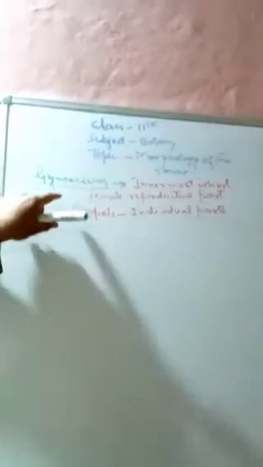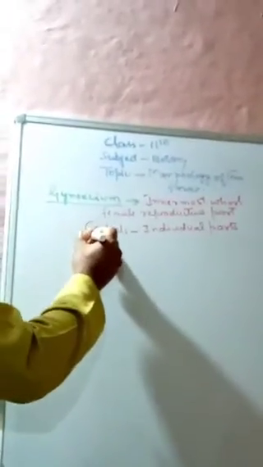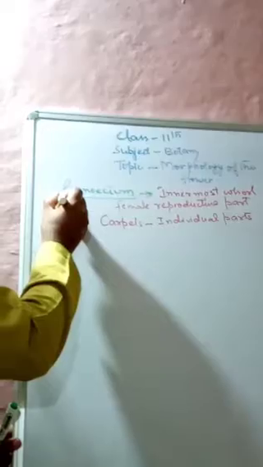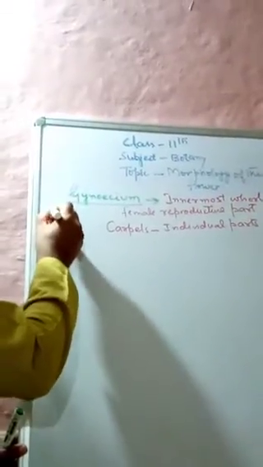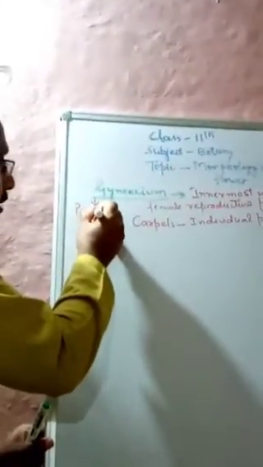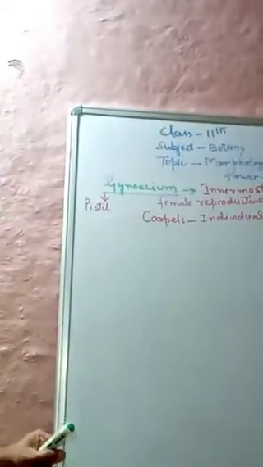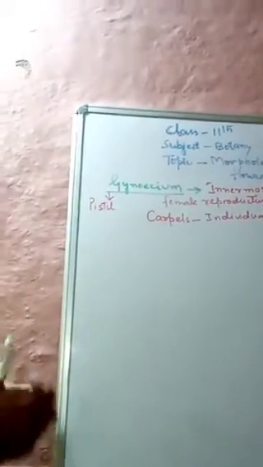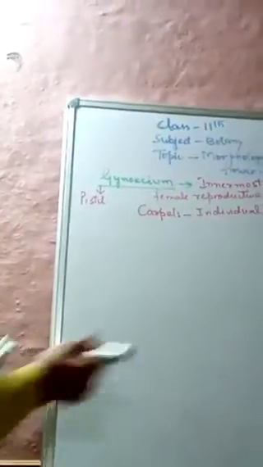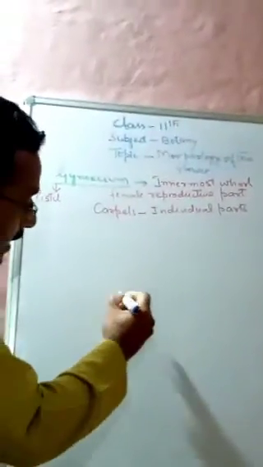The individual members are called carpels. We will give another name for this gynoecium, that is called the pistil. Regarding the structure, if we draw the structure of a carpel,